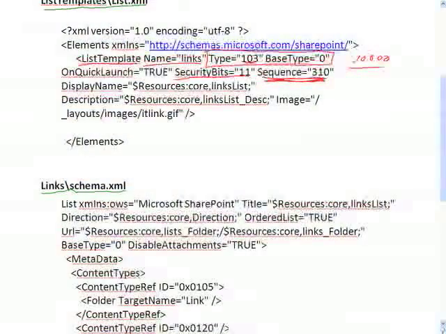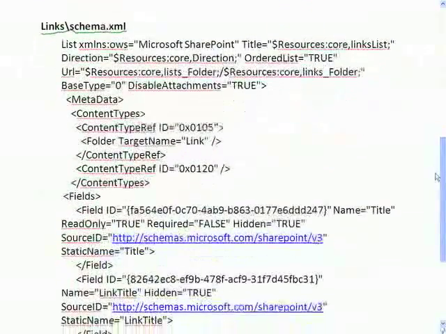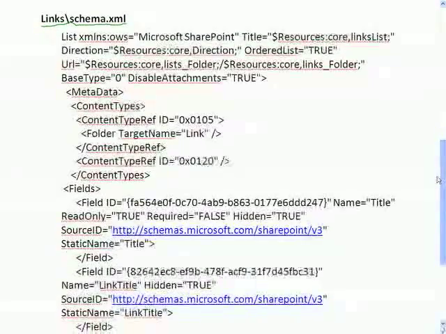And that's it. That is all that is in the list.xml. Very straightforward, just tells it that there is going to be this list. Now, where we actually define what the list is